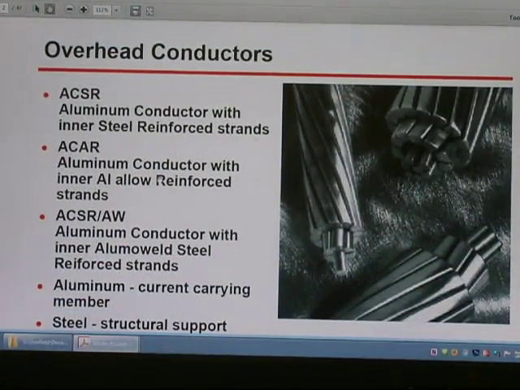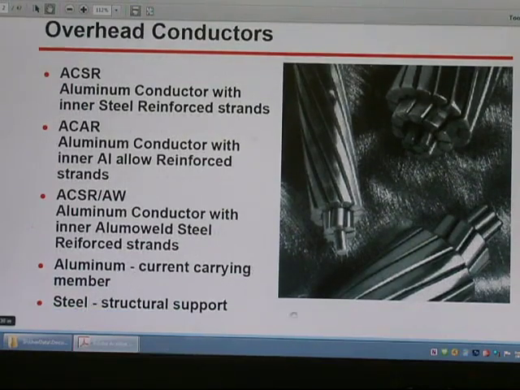So those are the overhead conductors. We use the aluminum conductor and aluminum conductor with a steel reinforced aluminum conductor, and there's a reinforced strand, aluminum current carrying member, steel structures for